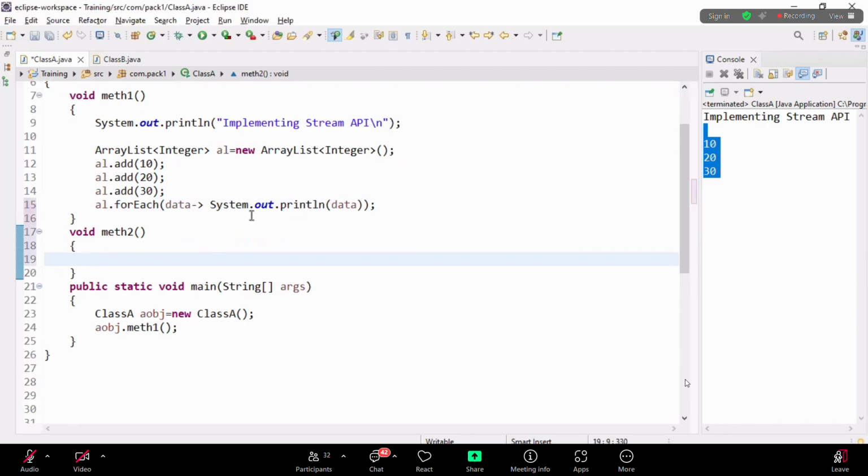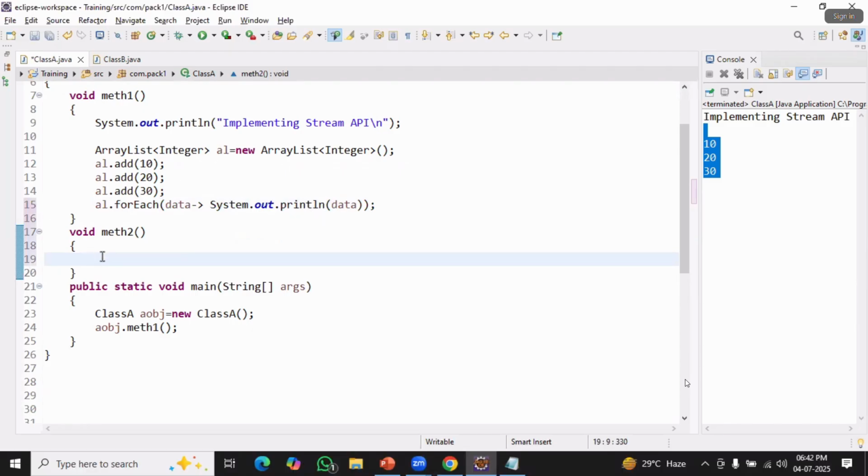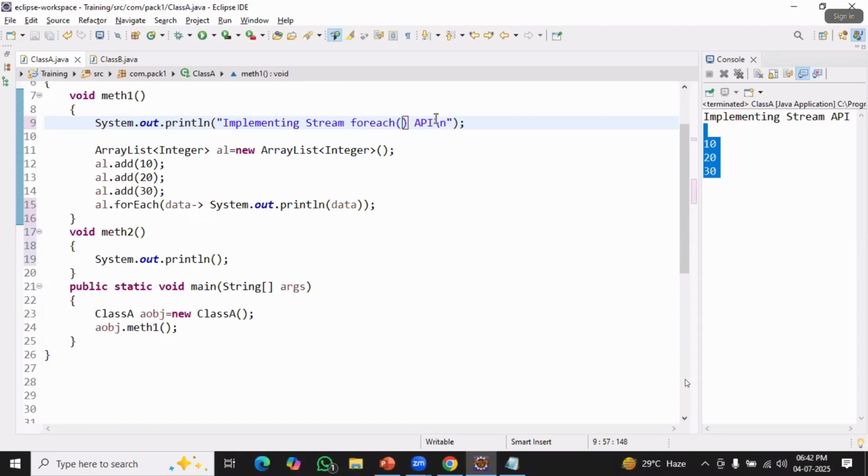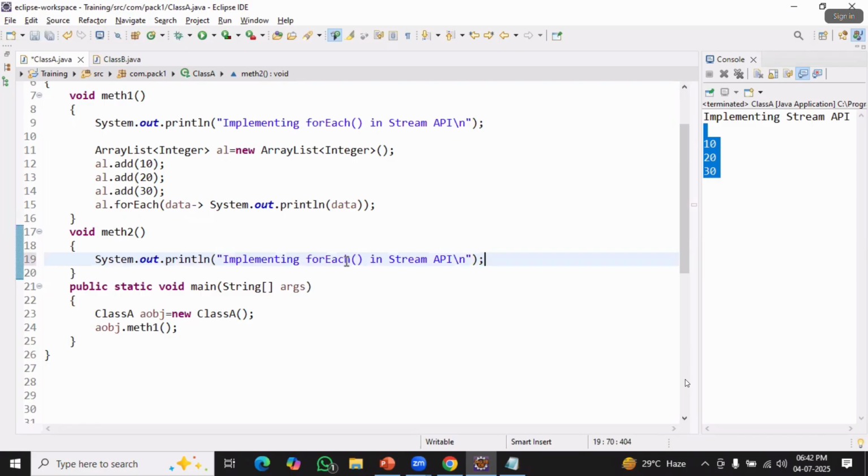And here, I'll go with system.out.println, implementing forEach method in stream API. Let me try to write one more. Implementing